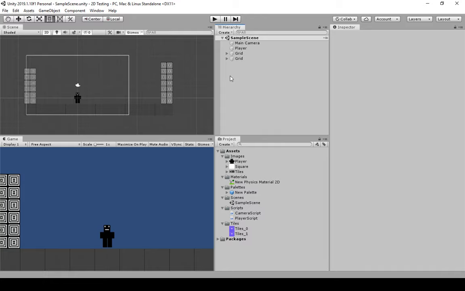Welcome to a tutorial video on Unity 2D basics. In this video, I'm going to talk about jumping and collecting. Now, before I continue, I want to note this is actually part 4 of a video series on Unity 2D